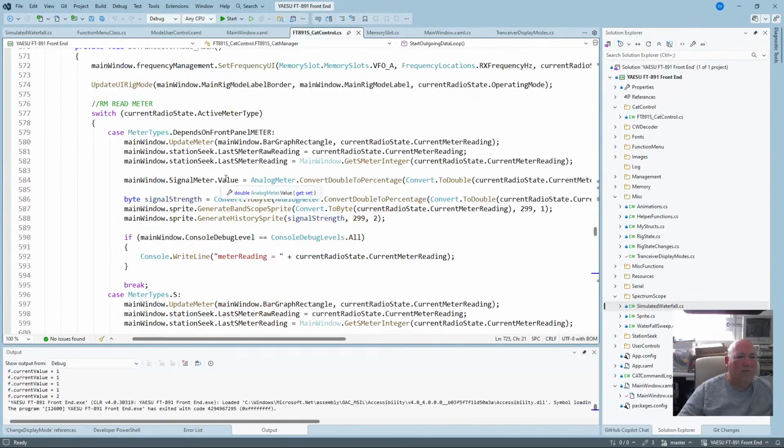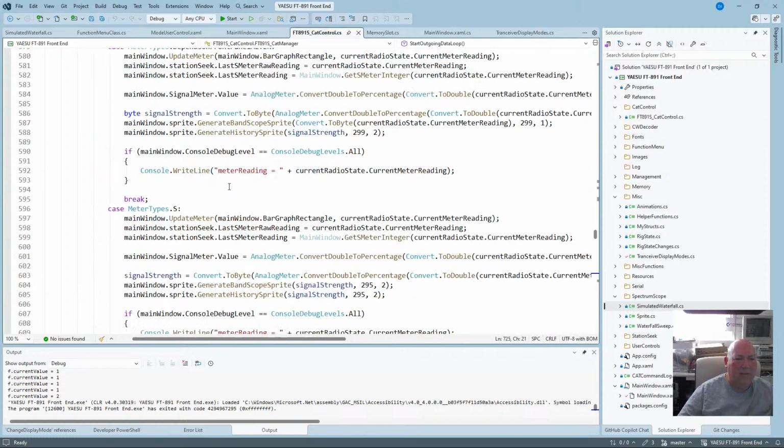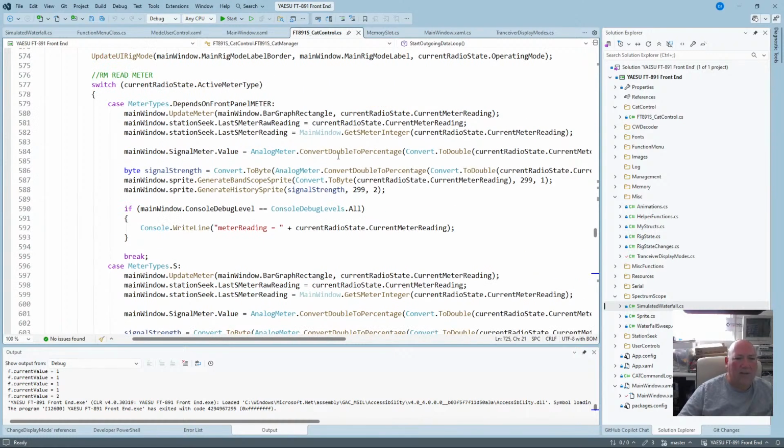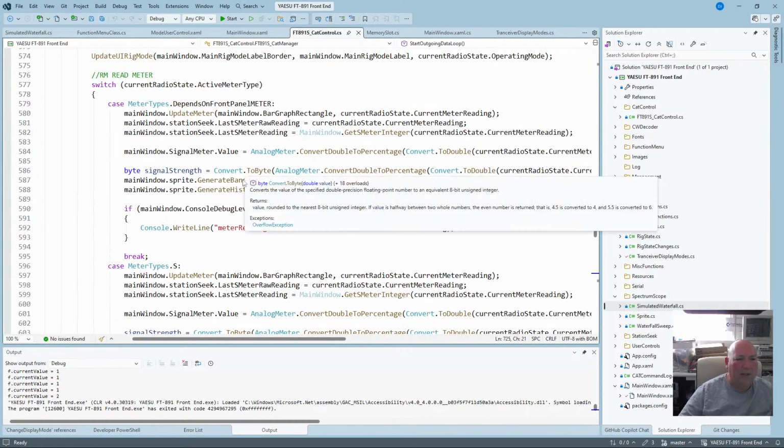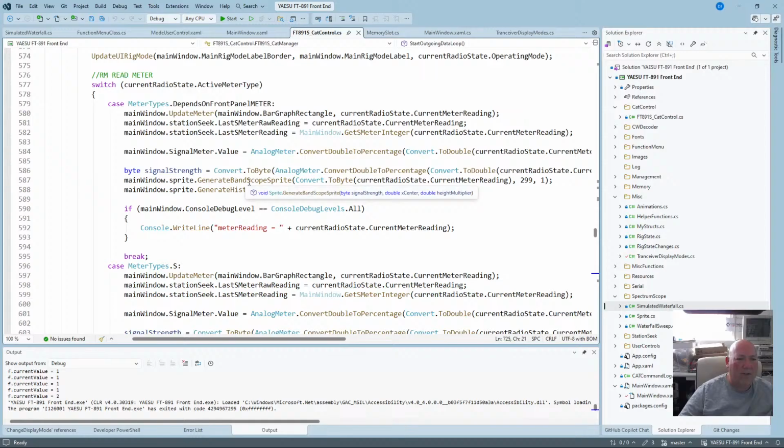So from the panel meter, active meter, so it's going to be doing something like convert to double signal strength, generate a band scope sprite. There it is. Generate a history sprite. So the band scope sprite has got a height multiplier there. So in other words, we should put the value, instead of just set as 1, we should put